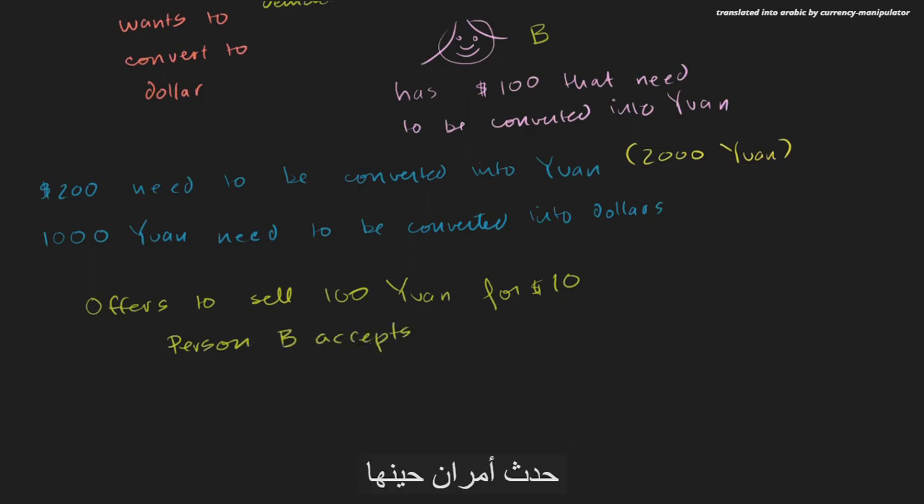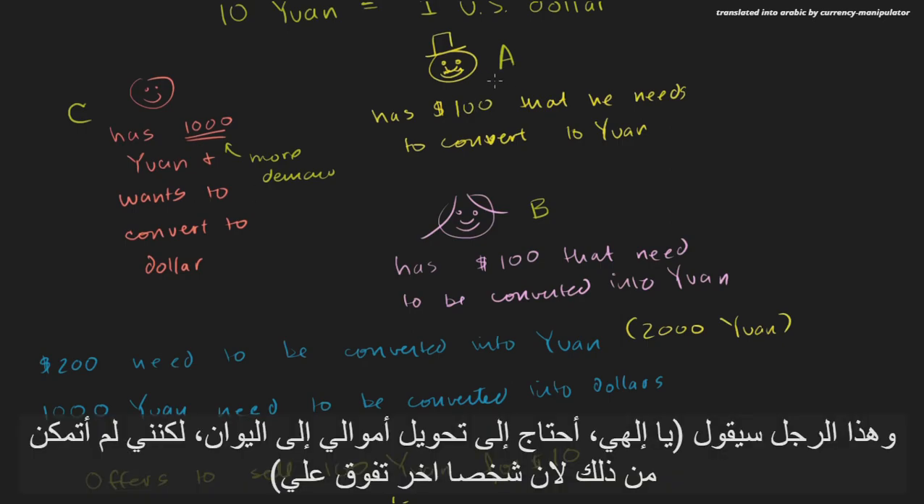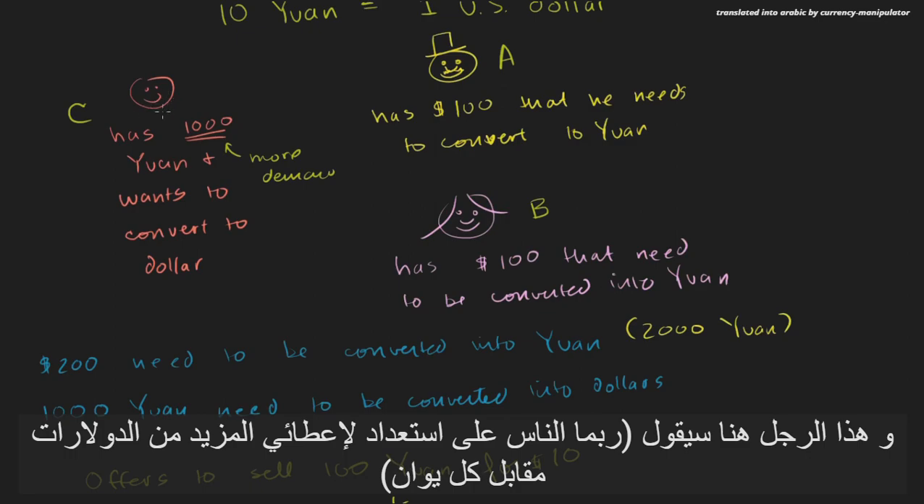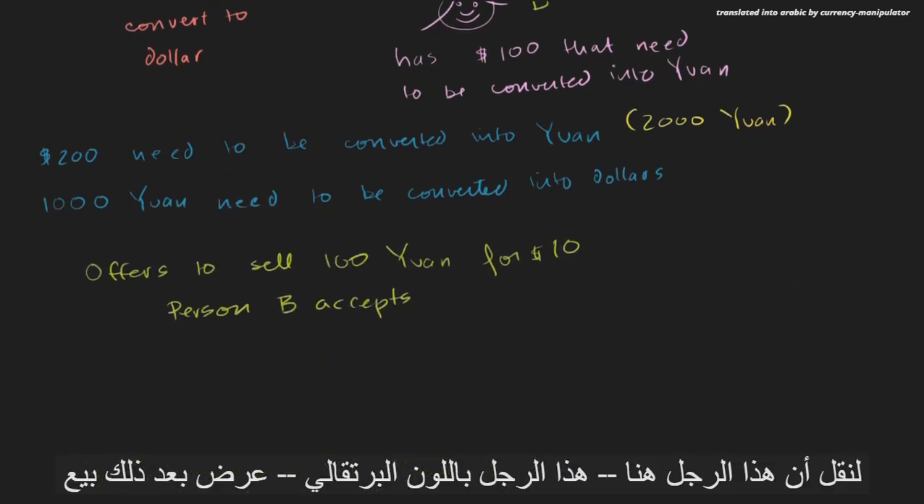So two things happen just then. One is person C says, wow, that was pretty fast. Someone was very willing to take it for 10 won per US dollar. And then this guy goes like, my God, I need to convert my money into won, but I wasn't able to. Someone else beat me to the punch. So this guy over here is not an idiot. He's like, hey, maybe people are willing to give me more dollars per won. So let's say that this guy right over here, this guy in orange, he then offers